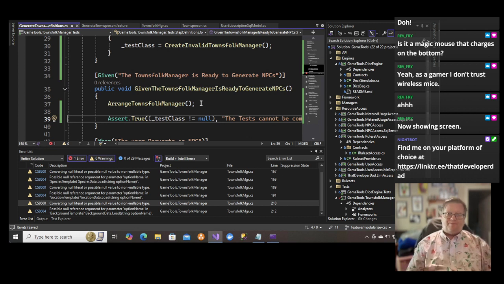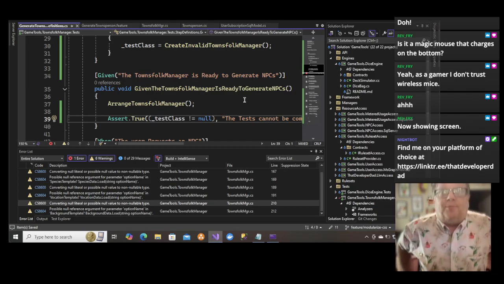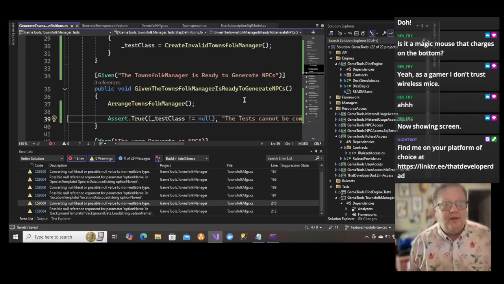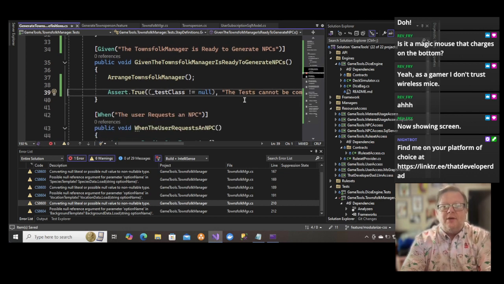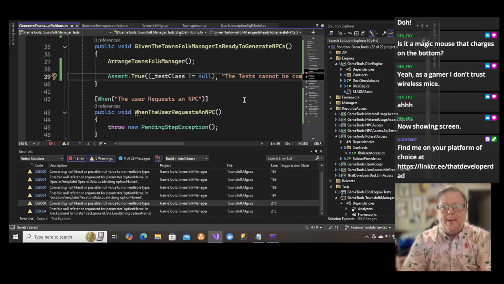So that's for setup. Now, normally in unit tests, we deal with the 3 A's: arrange, act, and assert. This is a little bit different with things like SpecFlow or Wreck and Roll. Wreck and Roll is a re-implementation of SpecFlow that's been brought up to date for more modern versions of the dotNet Core framework. I think SpecFlow's support beyond dotNet 6 doesn't exist, and I'm using dotNet 8, so Wreck and Roll it is. When the user requests an NPC,